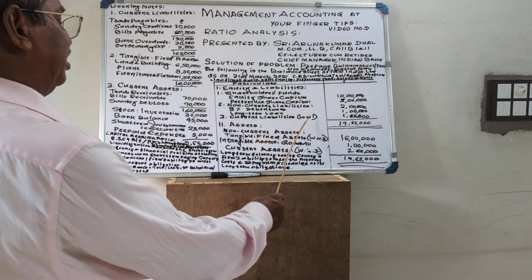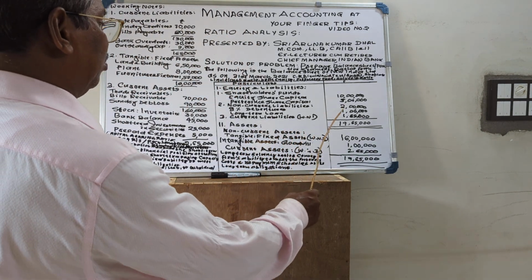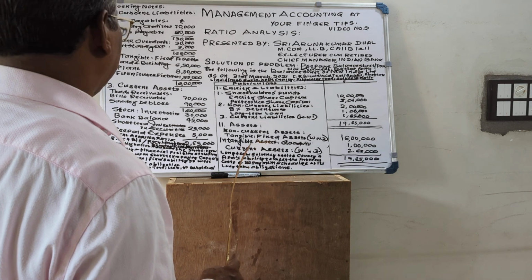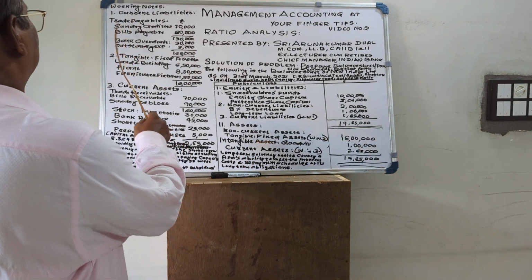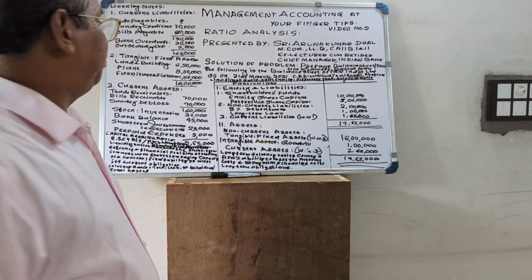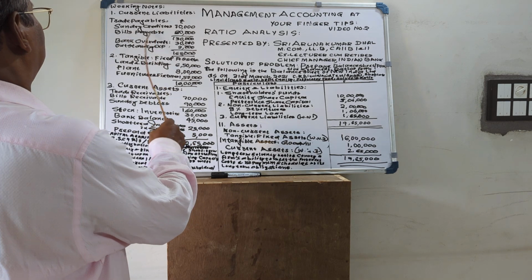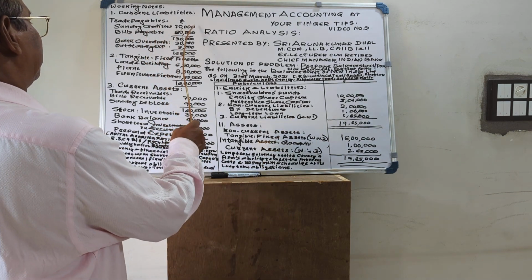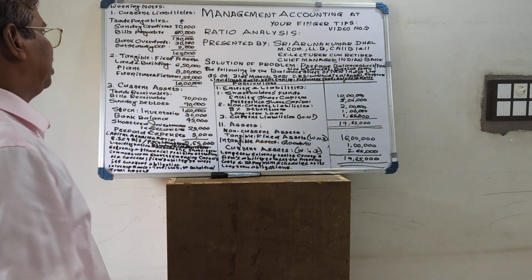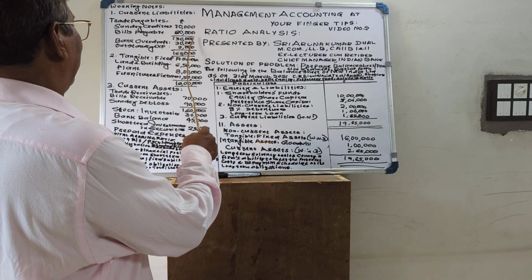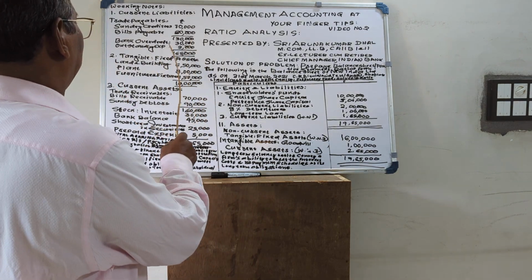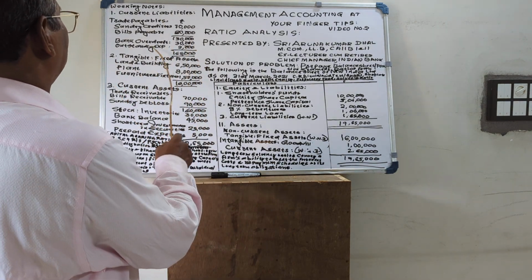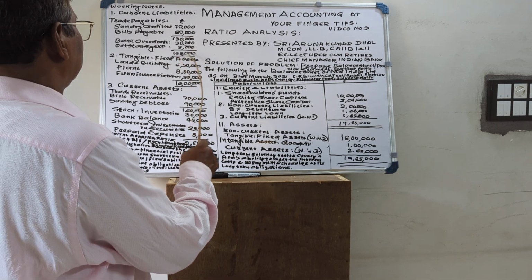Then current liability is defined in working note 1, total 1,65,000. Under current liability, first is trade payable, which includes both sundry creditors and bills payable. Here sundry creditors are 70,000 and bills payable 60,000, so the total is 1,30,000. Then bank overdraft 30,000 and outstanding expenses 5,000. So the total comes to